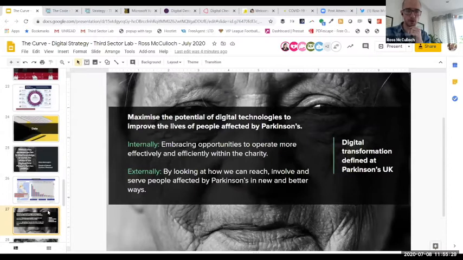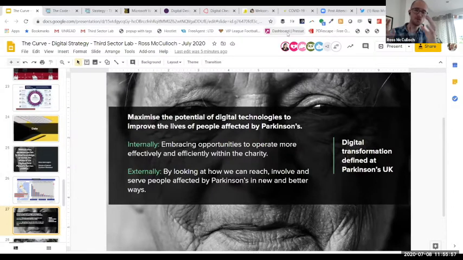Okay, what we're going to do, I'm going to shut up just now. In Teams, we're going to use the breakout rooms, and I'd like you all to come up with a really simple digital mission statement for one of the organisations in your breakout room. A digital mission statement is really just a simple couple of sentences that defines what digital is in your organisation and why it's important to your organisation.